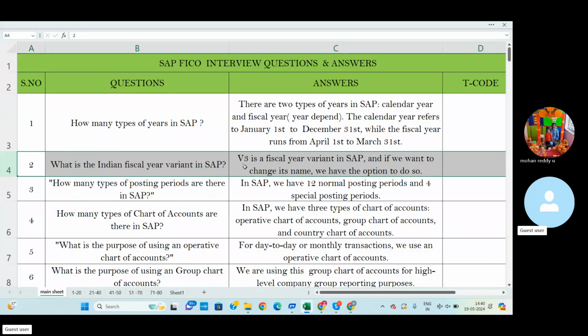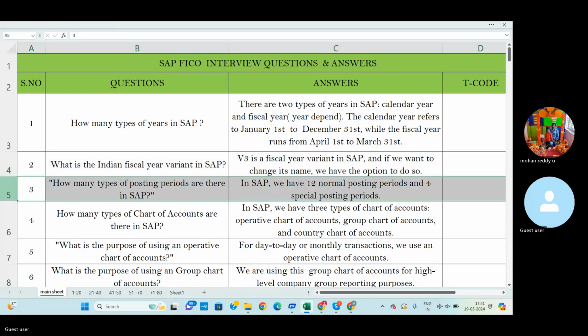Generally V3 is the standard variant, but based on the client requirement, we can change this fiscal year variant to K1, K2, or whatever we choose, and assign it.